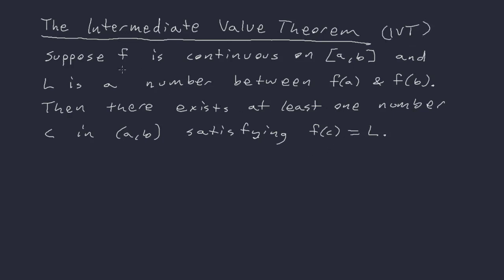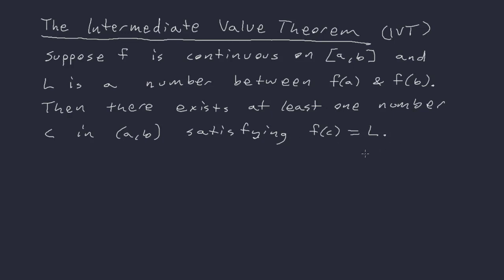Okay, and what it says is that basically suppose f is continuous on the interval a to b closed. The closed part is really important. Okay, and L is a number between f of a and f of b. That's why it's important to be closed, because we need f of a and f of b to match everything. Okay. Then there exists at least one number c in a to b open, satisfying f of